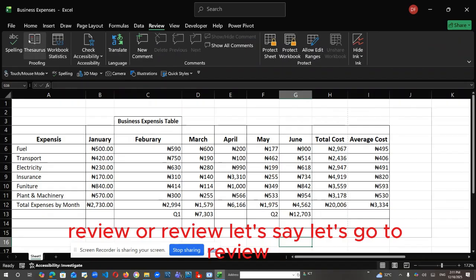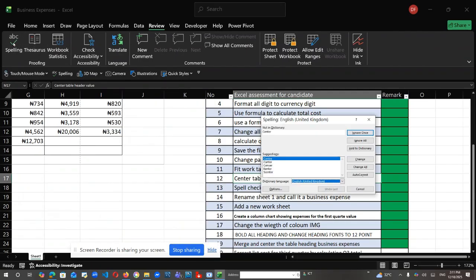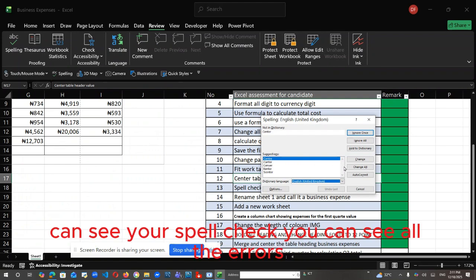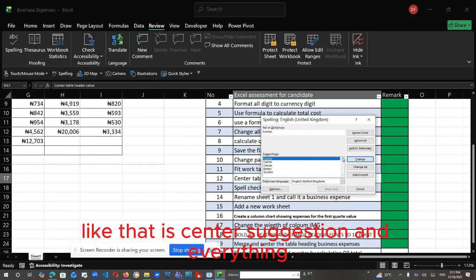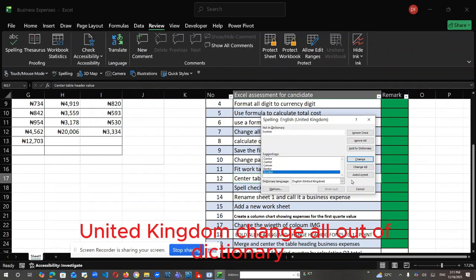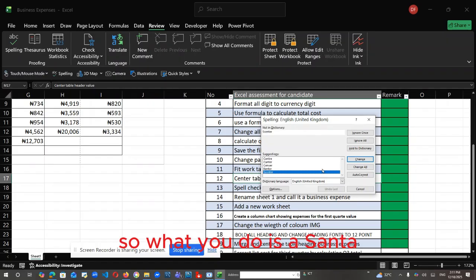Let's go to review. You now say spell check. So to spell check everything, you can see your spell check. You can see all the errors about this center, suggestion, and everything. United Kingdom, change all. Out of dictionary, ignore all, and everything. So what you do is